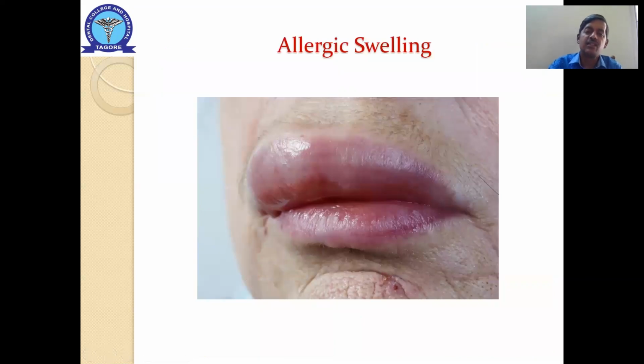Then the patient coming with an allergic reaction. The patient gave a history of sudden onset of swelling. The patient was normal the day before. He developed swelling suddenly when he woke up, with itching over the swelling. It could be an allergic swelling. This picture shows angioneurotic edema. It could be any food allergy or drug allergy. You have to ask for a proper history of the allergen and then ask the patient to avoid the allergen next time.